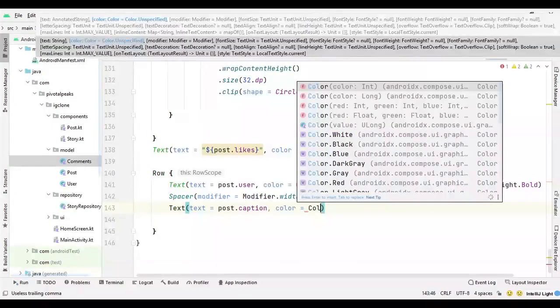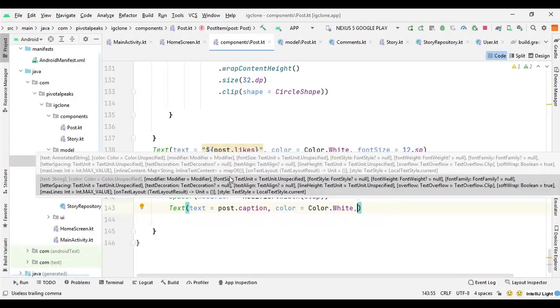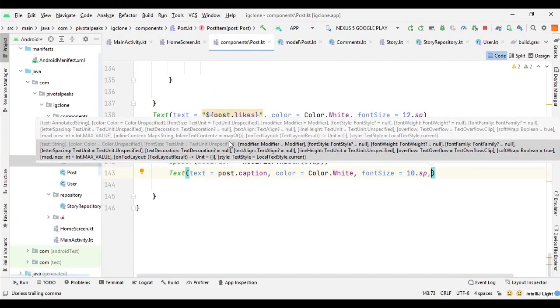So color dot white, and font size 10sp, and font weight, we can leave the font weight for the caption, and let's give it a modifier.